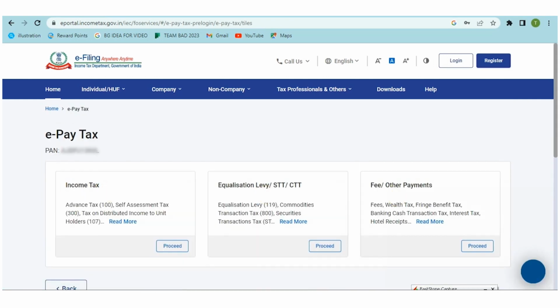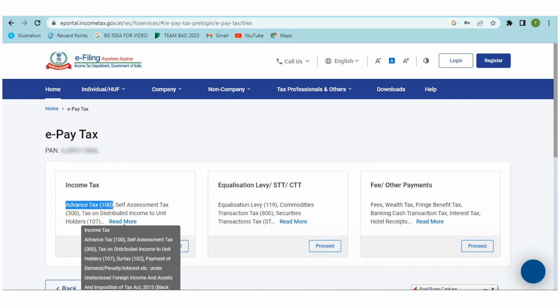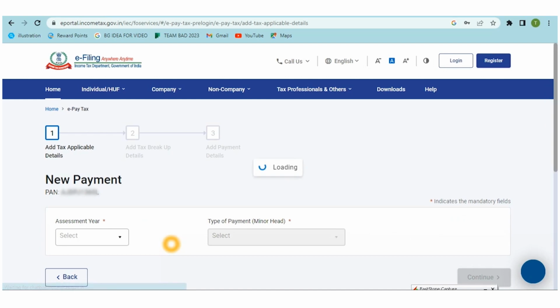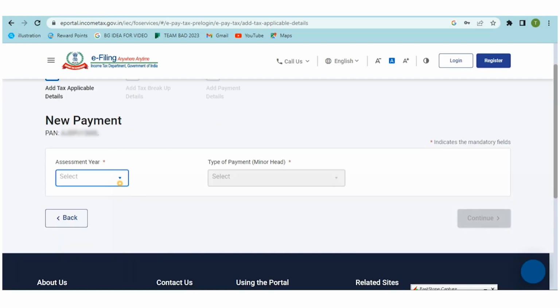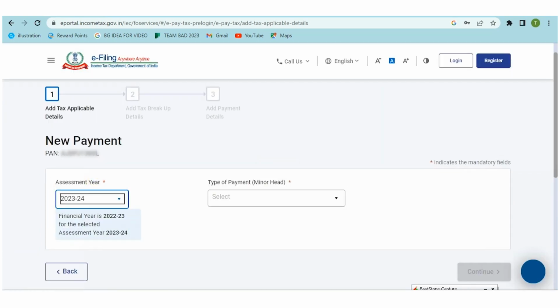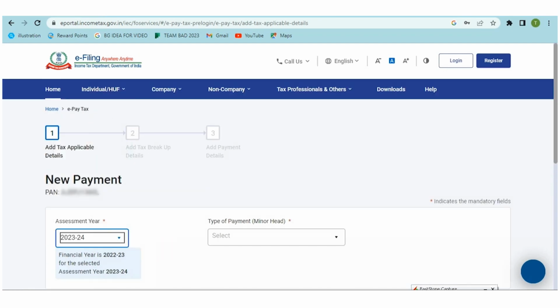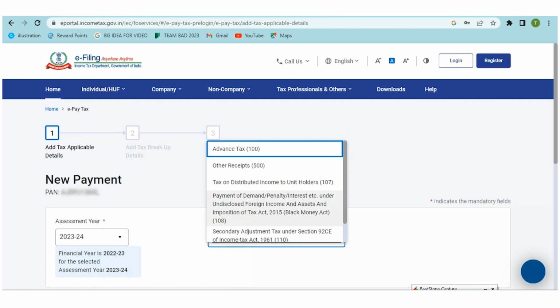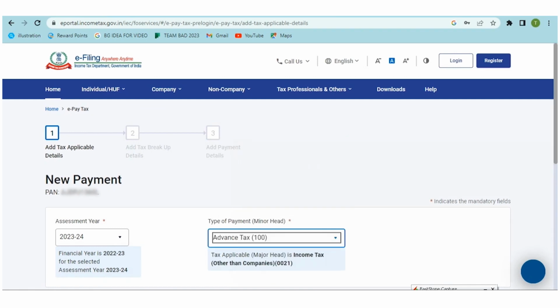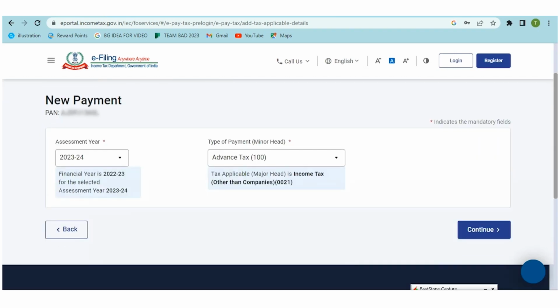Then go to income tax, click on the advance tax option and then click on proceed. Here you need to select the assessment year for which you need to make the payment of advance tax. Then select advance tax from the drop down list, and then click on the continue button, and the financial year and assessment year will be reflected automatically.